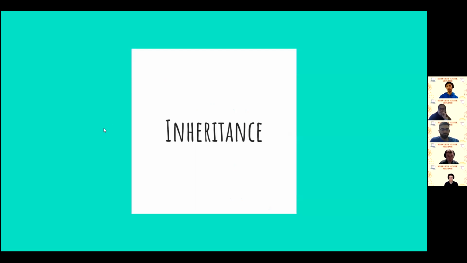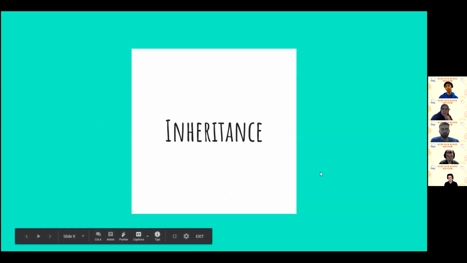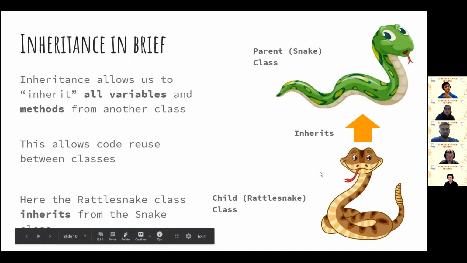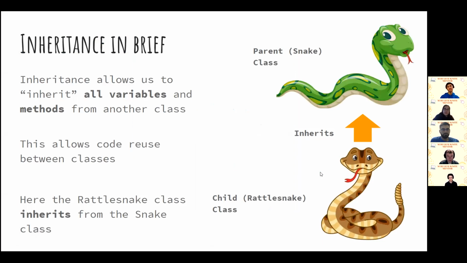On to the next topic, inheritance. I wish that we could spend lots of time on this, but honestly, if you want to spend time on this, there's an entire university class dedicated to teaching how to use this effectively. I'm going to skim the surface instead. Really, in short, inheritance is another way to make sure that you don't repeat your code. Inheritance lets you inherit or borrow and reuse all the stuff, all the variables and all the methods